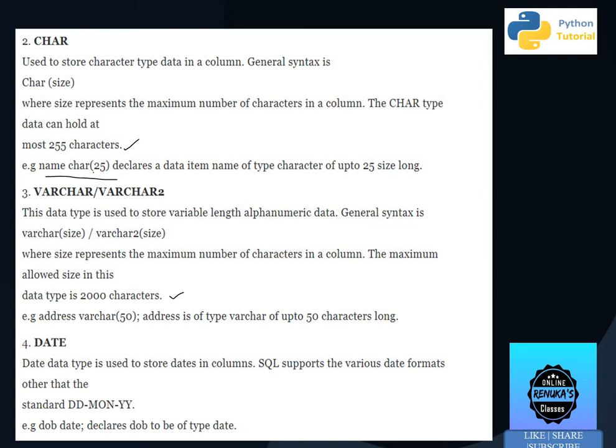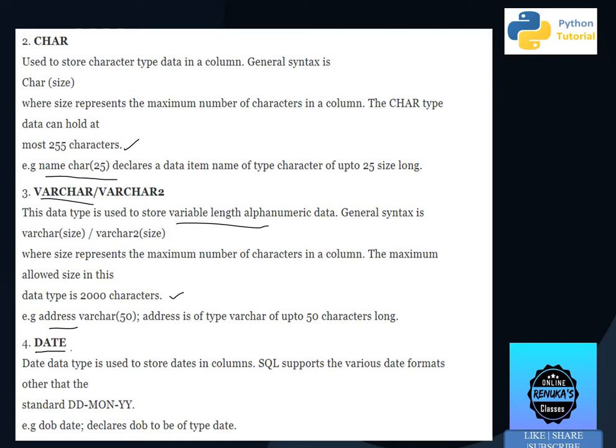If you are storing data for 20 blocks, the remaining 5 will be attached with this. But in varchar, if you are storing 50 blocks for address and out of those 50 you are using 20, then the remaining 30 will be freed. So most of the time we will use varchar to save memory because it is variable length. Whatever you need will be used and the rest will be freed.